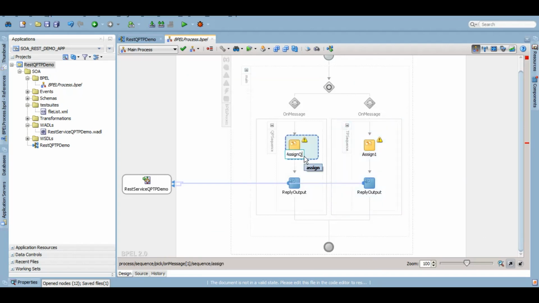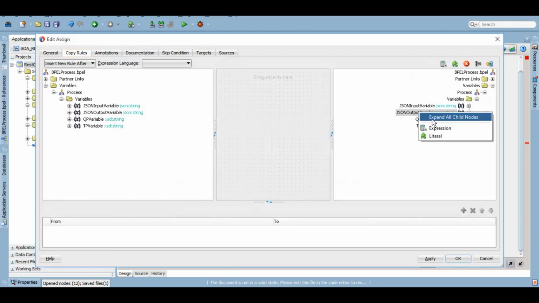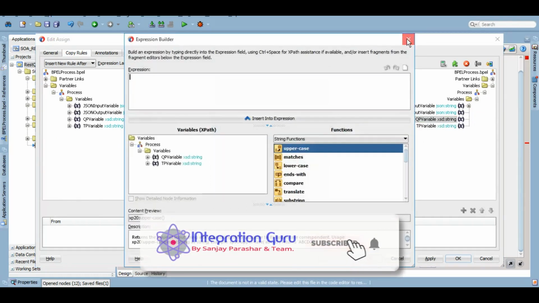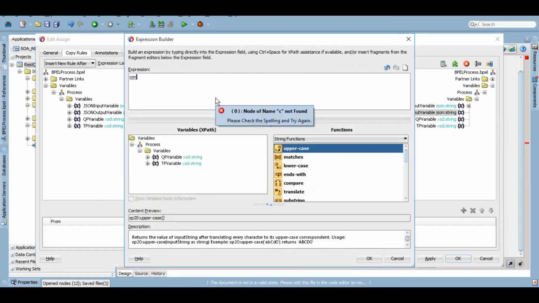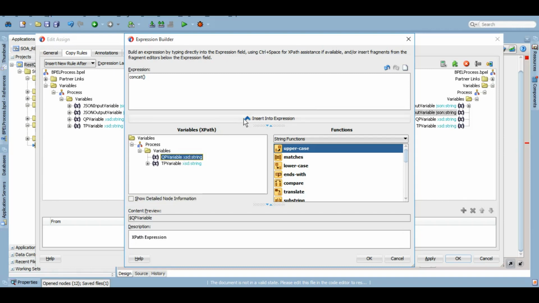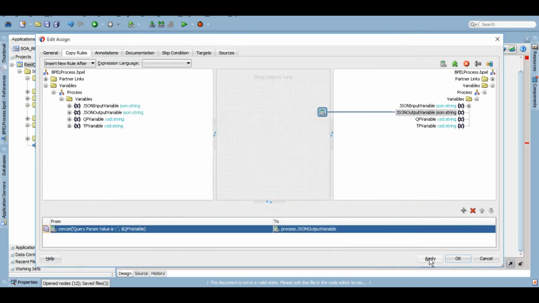Alright, so let's assign the query parameter in the output variable. It's a name in the query parameter, we are passing it as a name. So for that, let's concat this query parameter. So the output will be: the query parameter value is whatever the name that we gave. Let me click on OK, apply,